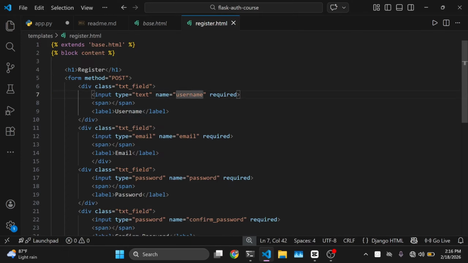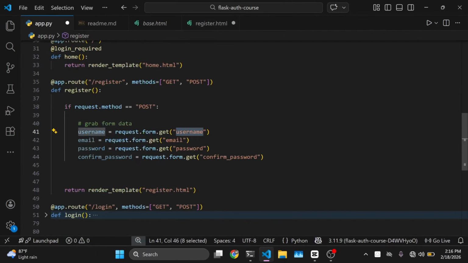So if this was called user_name, that is, if the name attribute for this username field was called user_name, it would mean that I would have to go to my app.py and also change this to user_name. So this is why I said the name attributes are important because they allow us to grab the data that the user has inputted into these input forms when they submit the form. So the next thing that we're now going to do is I will just undo this to